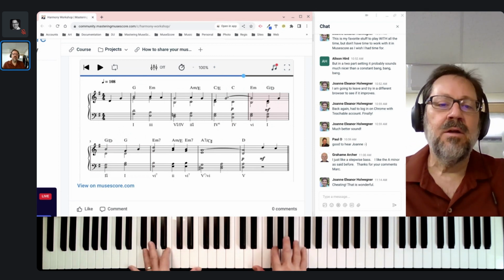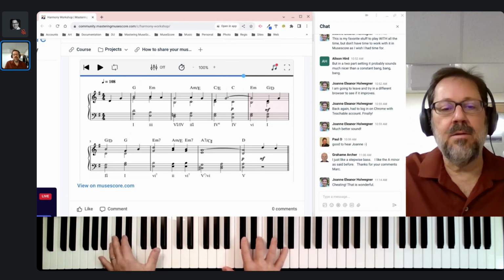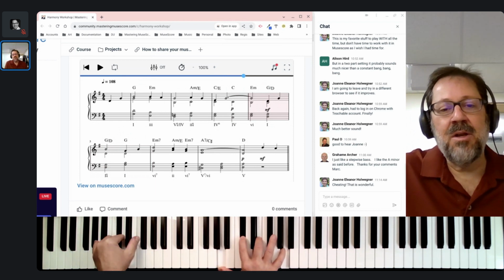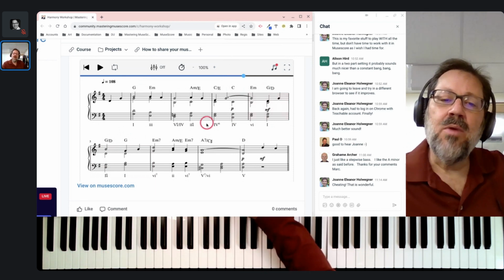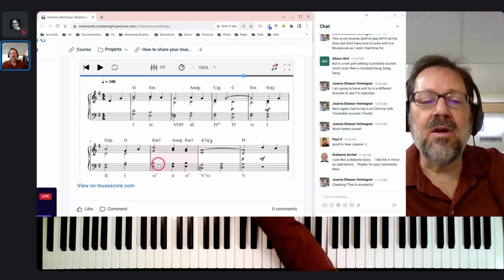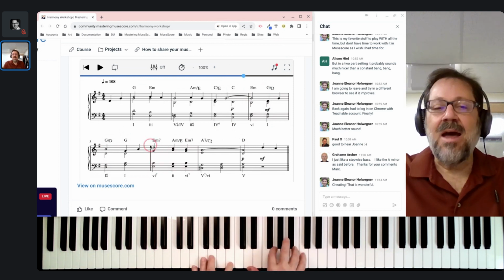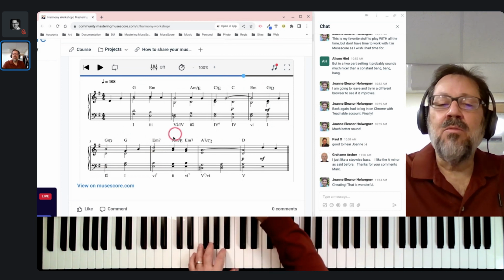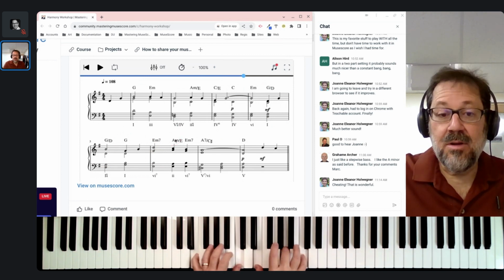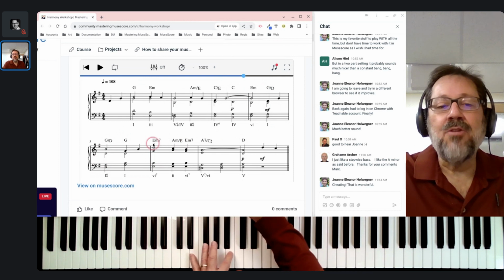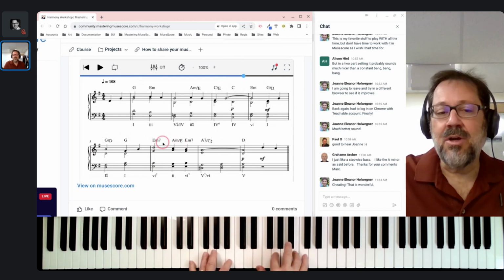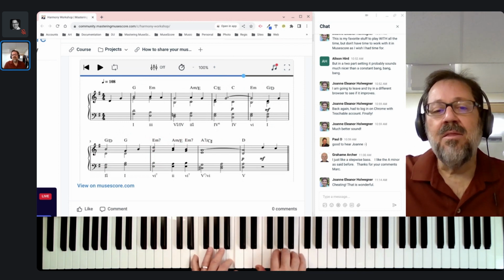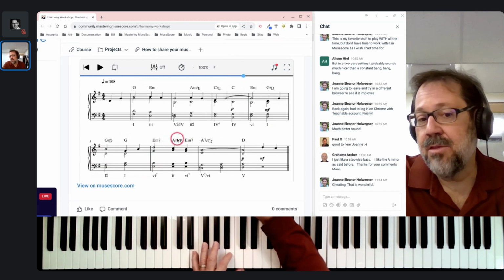E minor to... Oh, I love the dominant 2 there. And here again, we have some inversions that are here from a voice leading perspective. That A minor doesn't really exist. This is what we would call a neighbor chord. It's really a whole measure of E minor. That's how I would look at this. It's a whole measure of E minor that just happens to have a non-chord tone in the melody there.